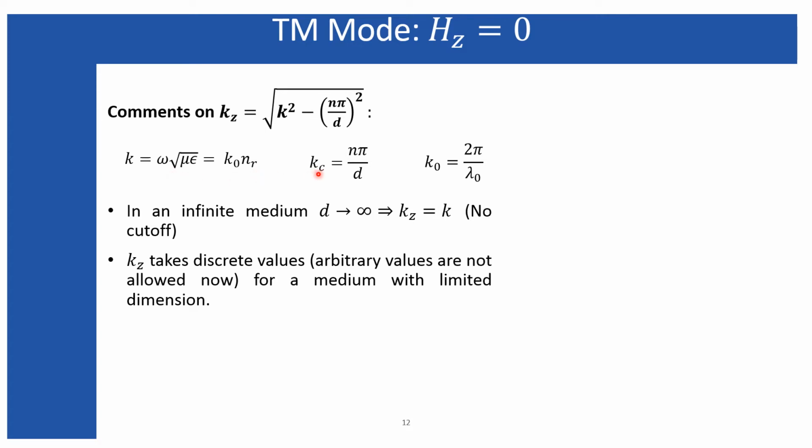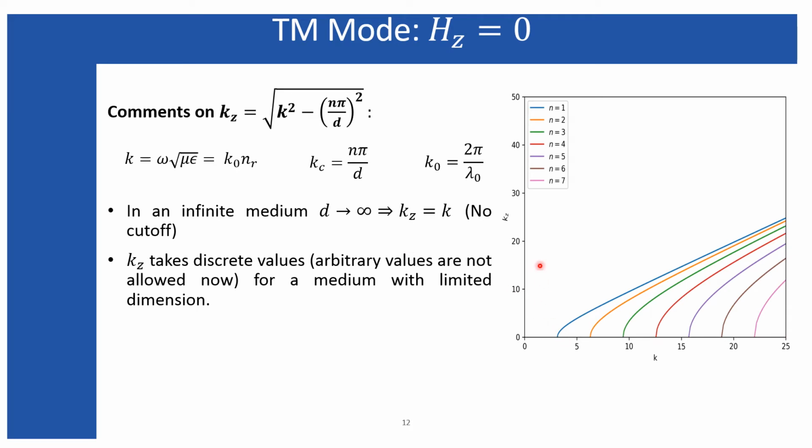Now, as you are reducing the separation between these two plates, you are basically limiting the number of waves that can be propagated through the particular medium. In this case, as the plates are placed along the y direction, and they have a finite separation, that is the d, the number of waves that can be propagated through that particular medium has been limited, and the number of waves is defined by this factor n.